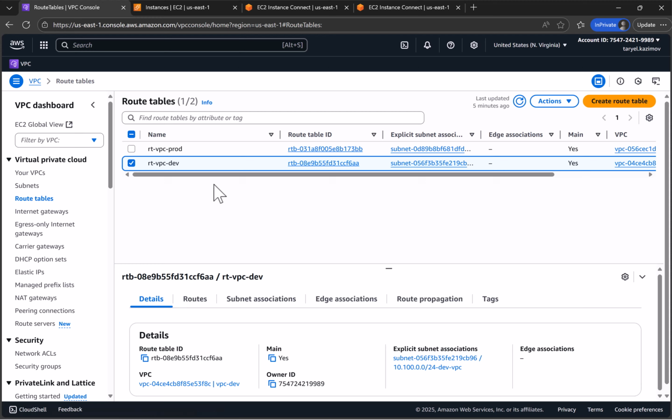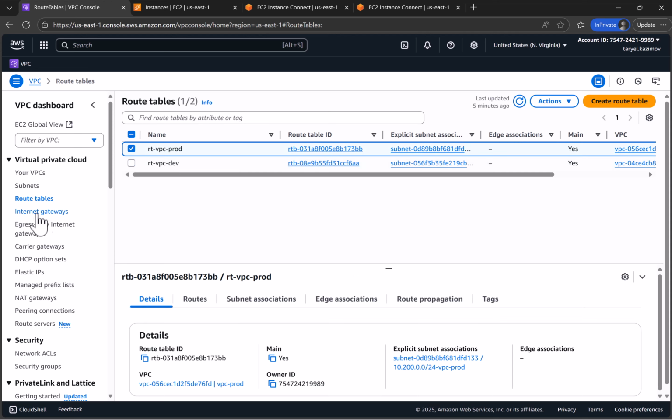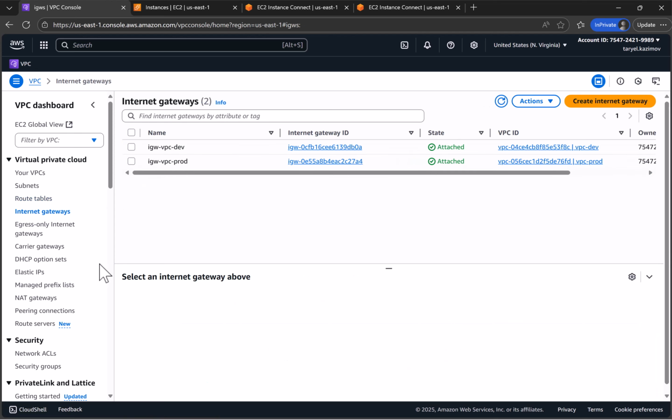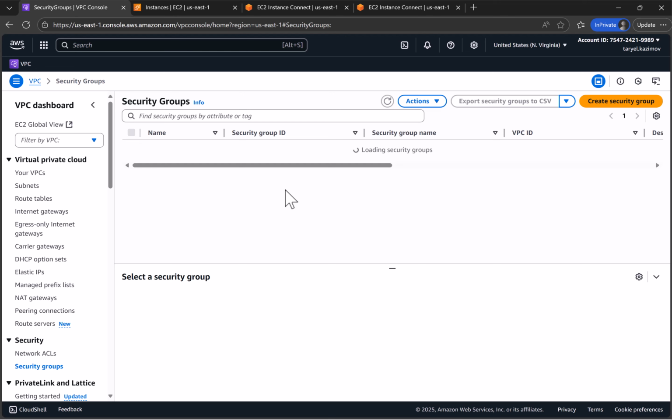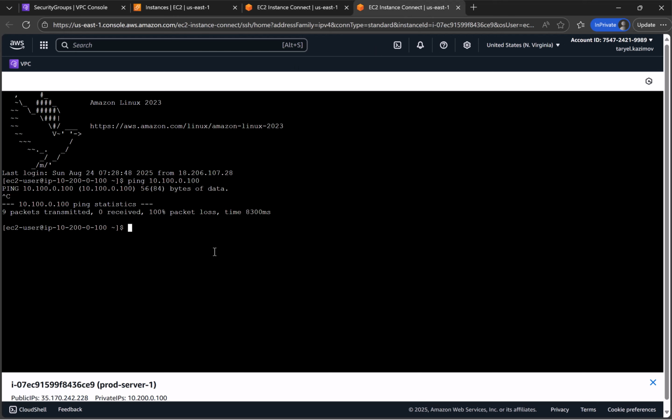And route tables. I also created route tables for our prod environment, internet gateway, and security group. I also deployed a second EC2 instance with a private IP address, this one, and this is our old server,